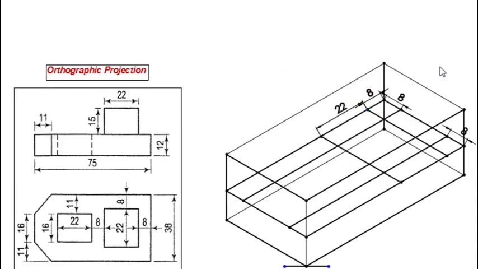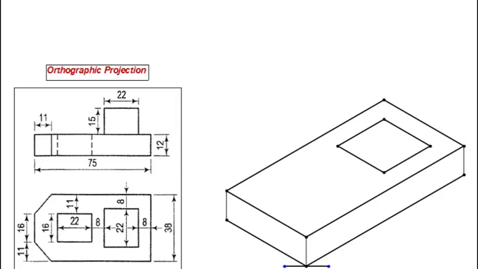Now your box is ready. I am trimming the unnecessary portion which is not required actually. After trimming, your box will look like this. Now I am preparing the lines from all the four corners in the Z direction,